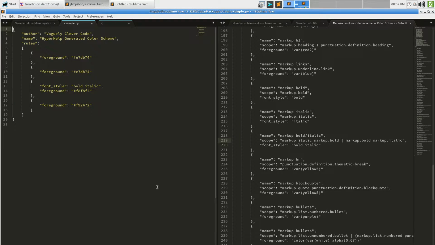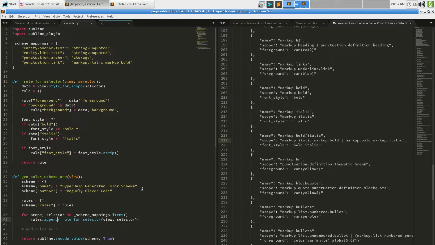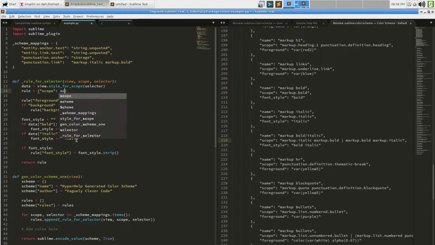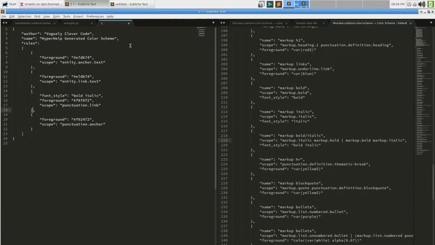So we're going to need to add that. We're going to have to pass this as an argument. So maybe we can say scope, comma, selector, and here we can say scope, comma, selector. And then we can say rule scope is scope in our little constructor. And we end up with a scope and a foreground.